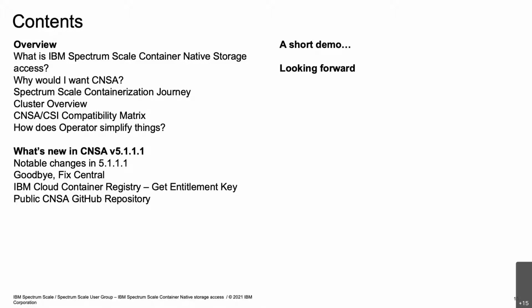It's a new packaging. Instead of getting something from Fix Central, you're going to be deploying in tandem with the container registry, and also by using some of our files on our public CNSA GitHub repository. So we'll walk through that. The demo I'd like to show you today is that process of getting the entitlement key from IBM to access the IBM Cloud Container Registry, and then also walk through just a portion of our installation process, just to the point to show you